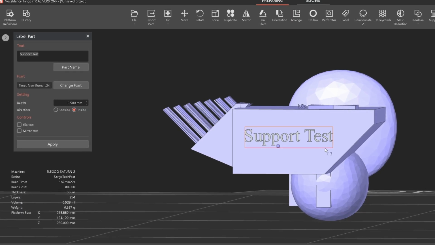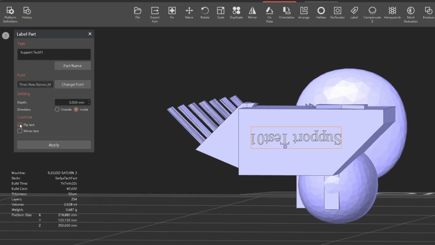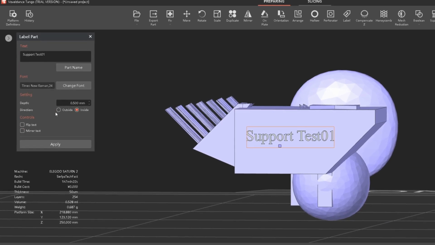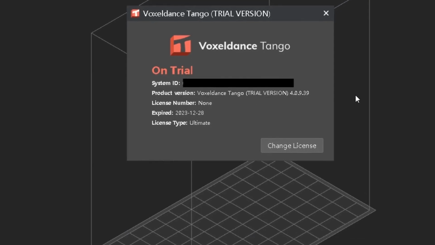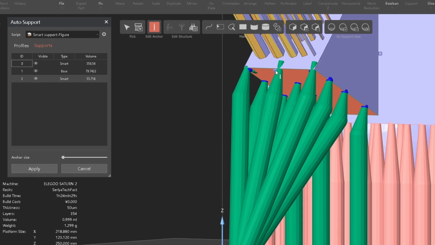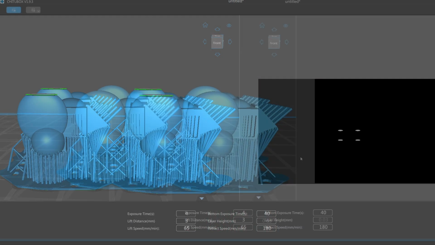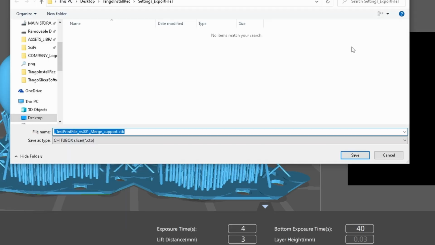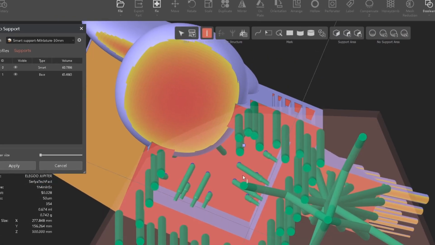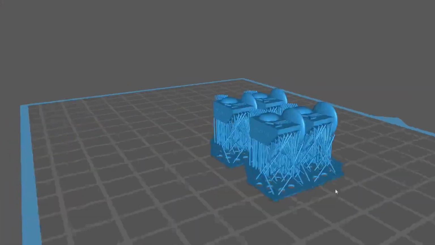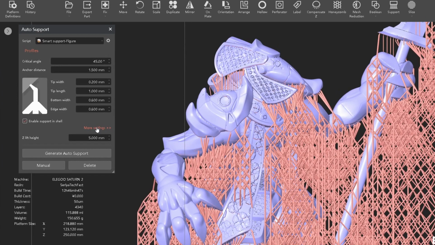But is this software worth the money? Well, I love the amount of control I have over the support settings and the software itself. The fact that I can't export into the proper format for my 3D printer or that it has to always be connected really does sour my experience. While I didn't mind paying for the software, I should be able to set up my file for printing. That's the true test of a slicer program, and that's why I can only give it a 5 out of 10. The only reason why I didn't get a 0 is because I was able to export it out as an STL, and it really was innovative in how it approached supports.